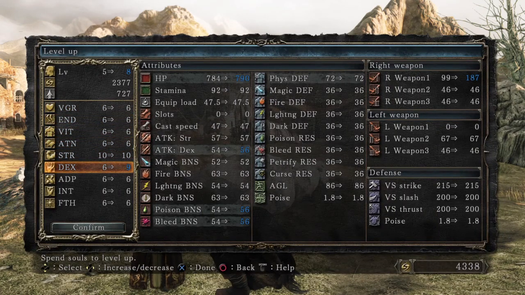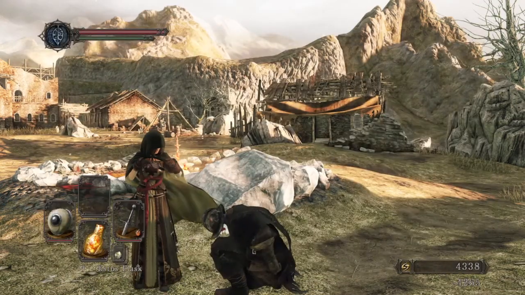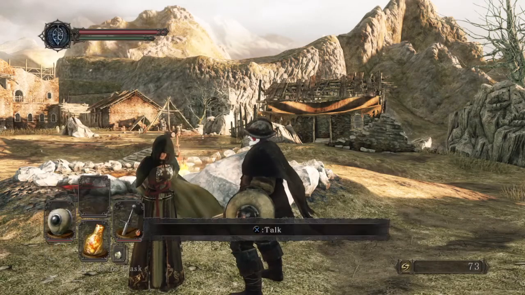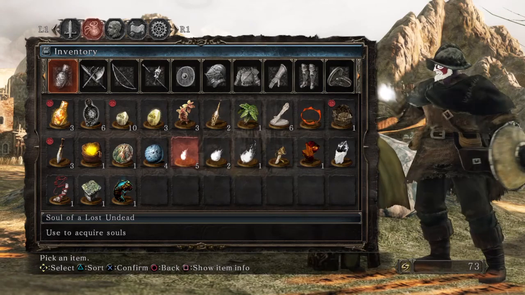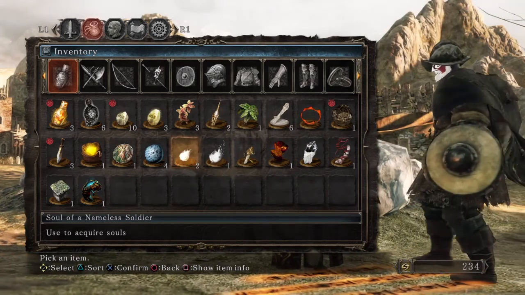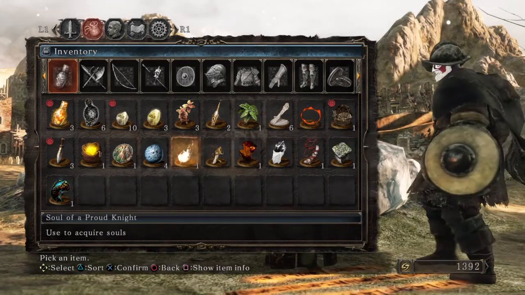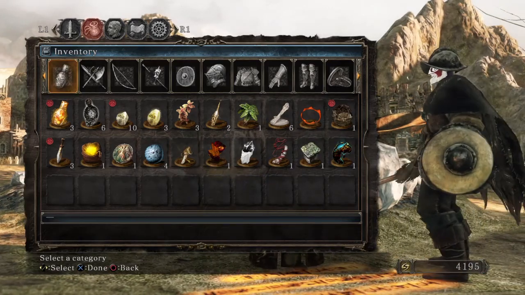Right, now we have enough dexterity to wield the bow and to carry the sword. And let's see if we can't eat some of these. Let's eat some souls, and we're going to get some magic happening. Actually, I think realistically we should probably get some vitality happening as well. So you can eat these things,